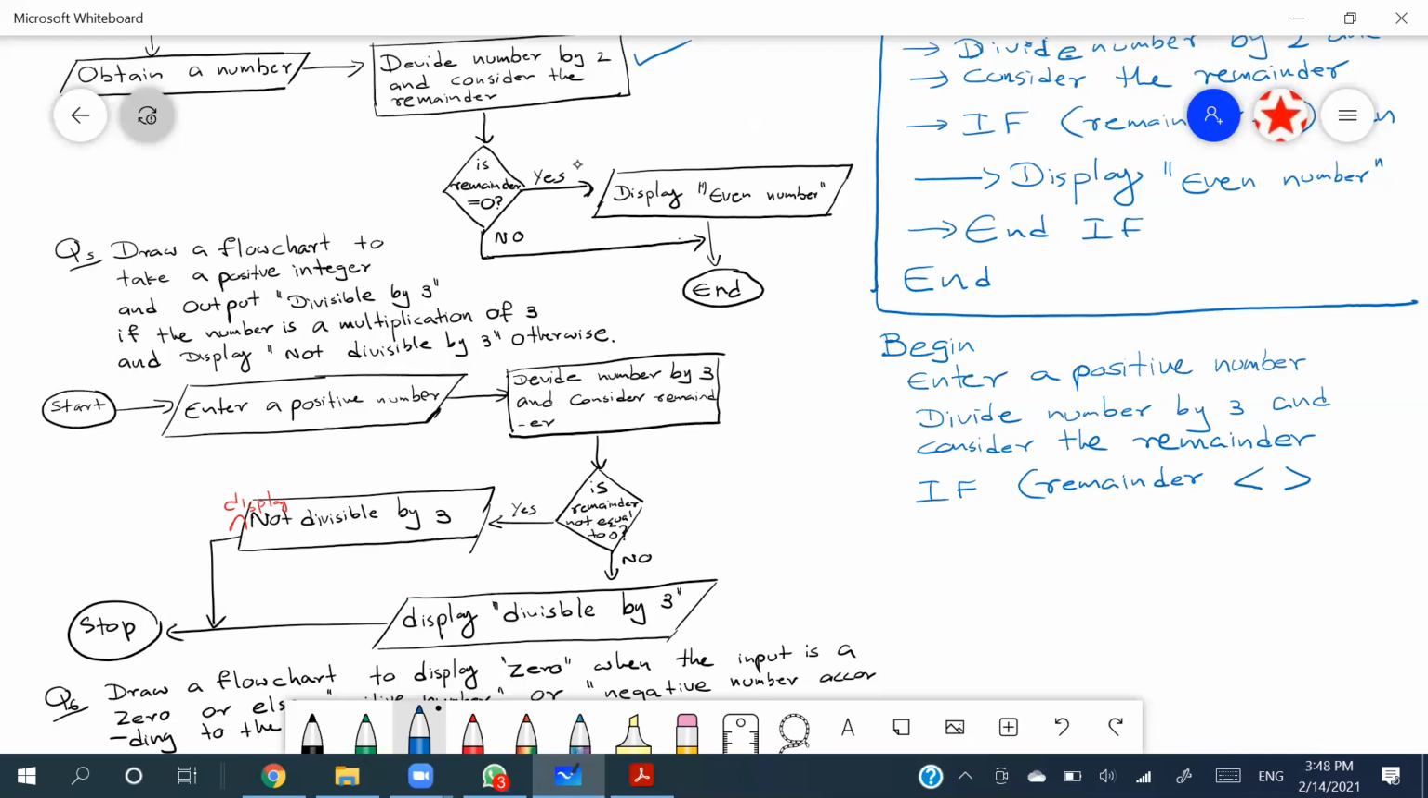Right, so it's better you say remainder not equal 0. Right,